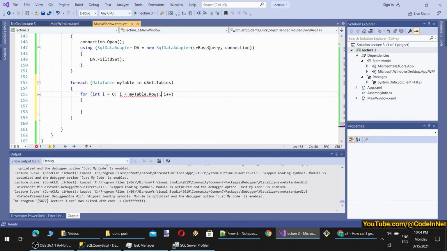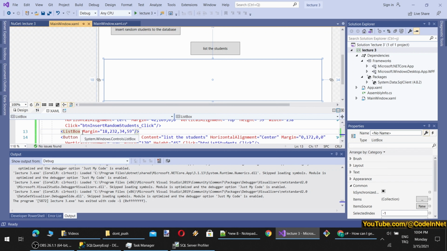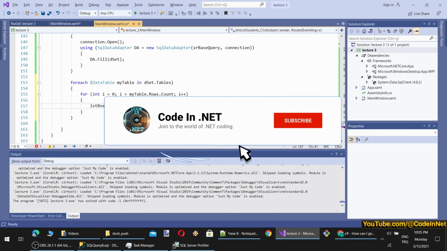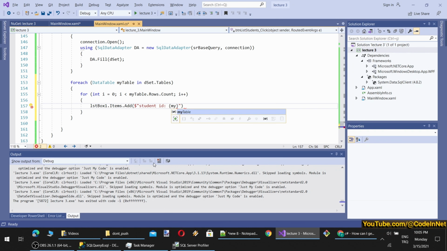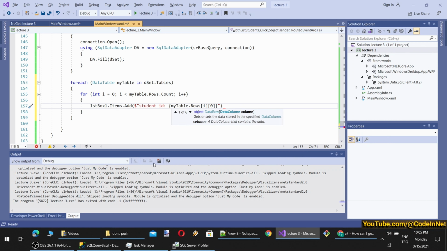Okay, here rows count. So for each row, did we give a name to our list box? Okay, let's give it a name so we can access it from code behind. Okay, listBox1.Items.Add. We can add the items like this. So my table rows student ID equals my table rows i, and here I can access it either with index or column name.